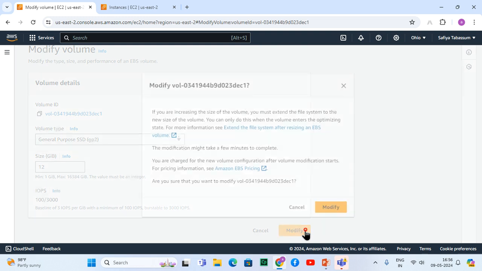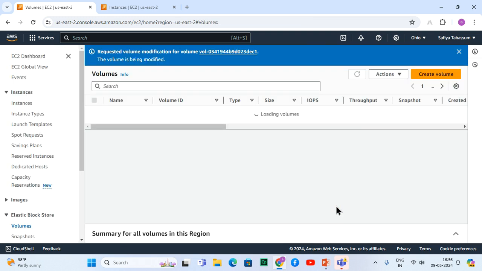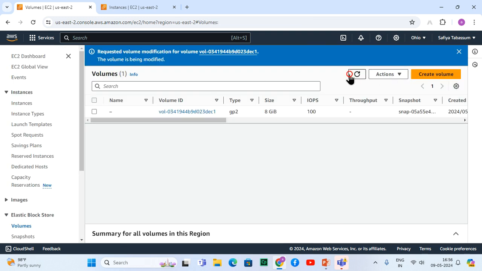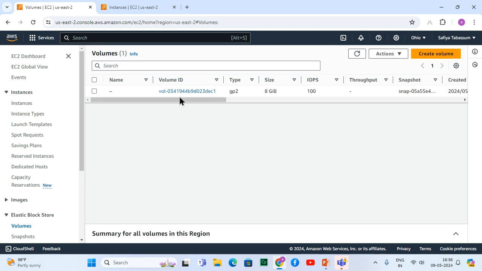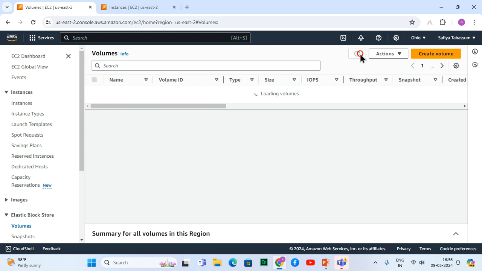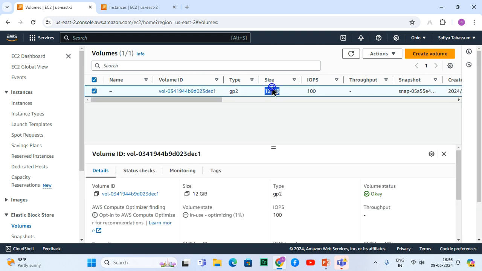Now 8 becomes 12. Refresh it and you will find 12. This way you can upgrade the existing volume, but you cannot decrease. Remember this point. In an interview, they can ask: can you decrease the volume size? No. You can increase, but you cannot decrease.